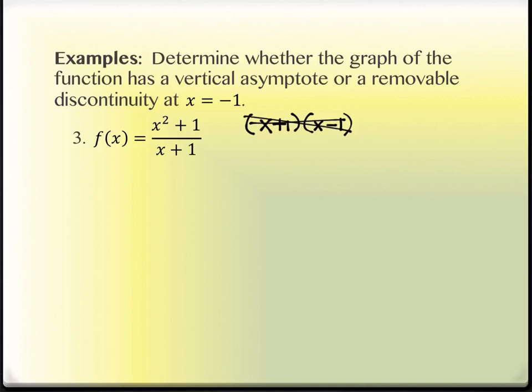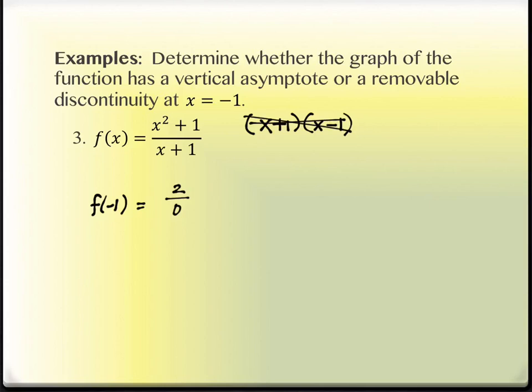Another way that you know that the numerator doesn't factor is, what happens if you try to just plug in -1? On the bottom, you get 0. What do you get on the top? 2, because I have to square the negative. So if I simply tried to plug in like this, I get 2 over 0. That also tells me that it won't factor at that point where it cancels the denominator out, which is the point of consideration right now anyway.